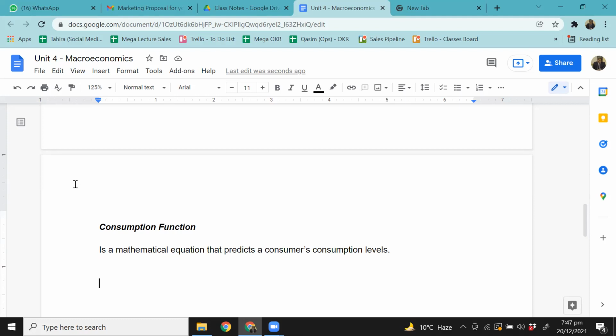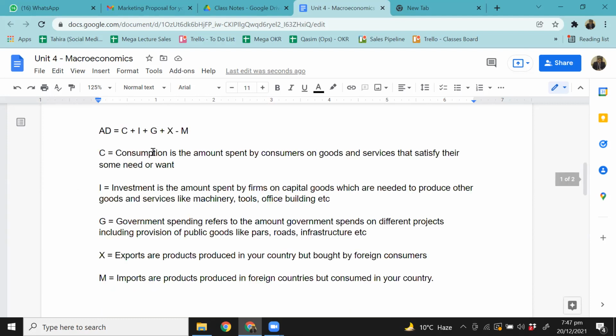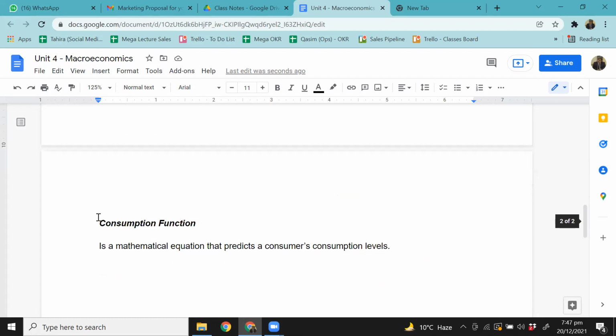And what is consumption? The total amount that someone spends. So think about this. How much money do I spend each month to buy food, electricity, clothes, fuel for my car and all that stuff? This total amount, if I add that up, is my consumption for the month, right? That's what you call expenditure or consumption. Now, the consumption function is a mathematical formula, which we are about to see in a bit, that predicts a consumer's consumption levels.